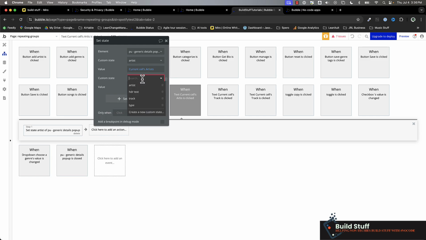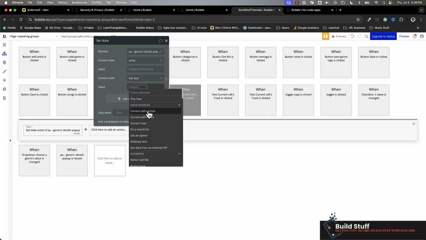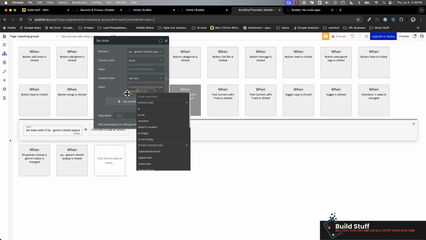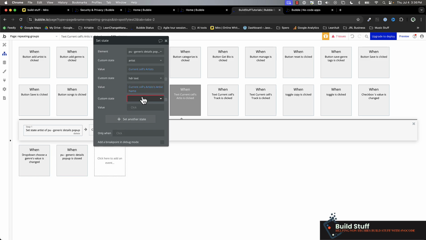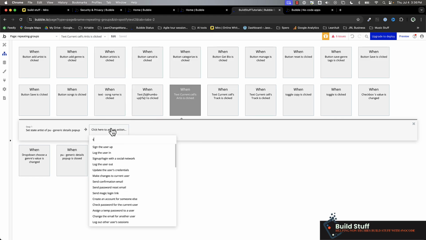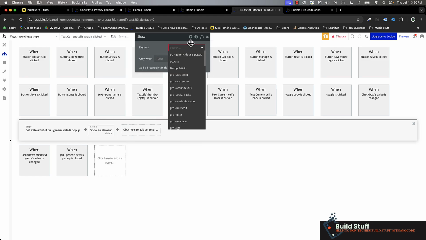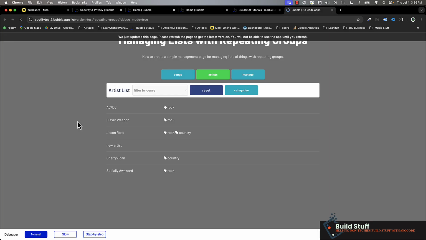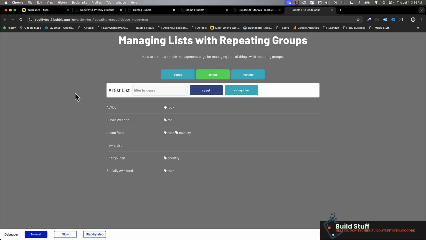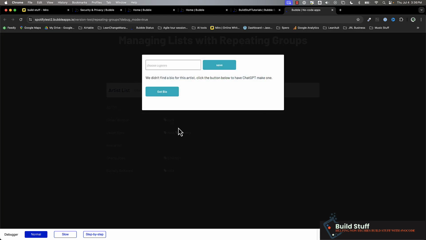And I also want to set the header text to be the name of the artist. So I could basically make this value whatever I want. And then I want to set the type to show artist. And the next thing I need to do is to show the actual pop-up. So if I go here and reload this, go to my artist tab. Now it is going to load the artist in here,